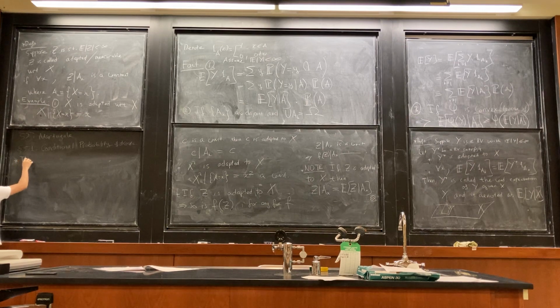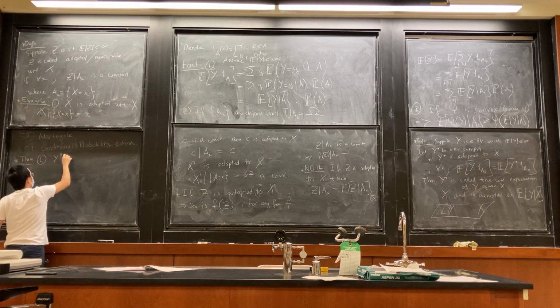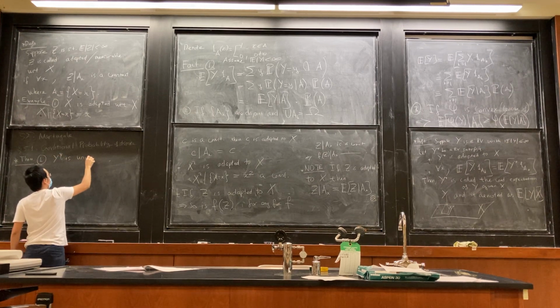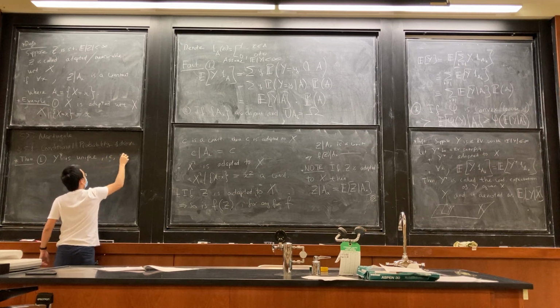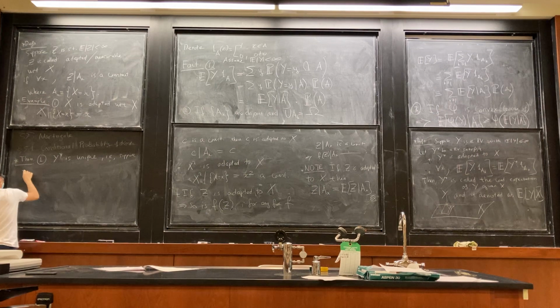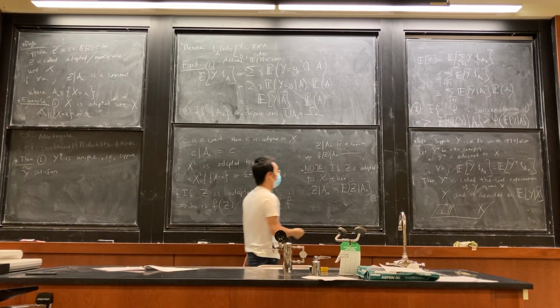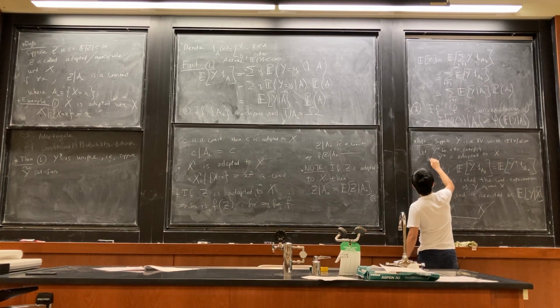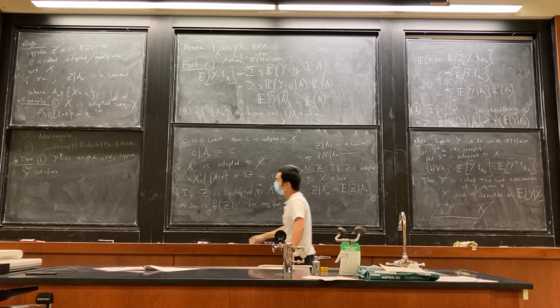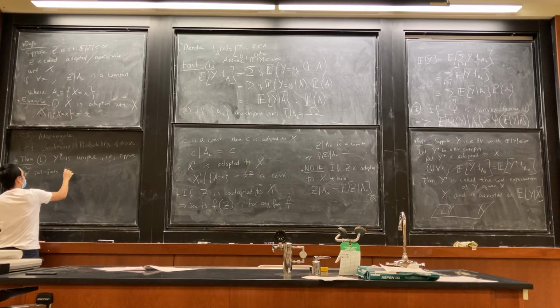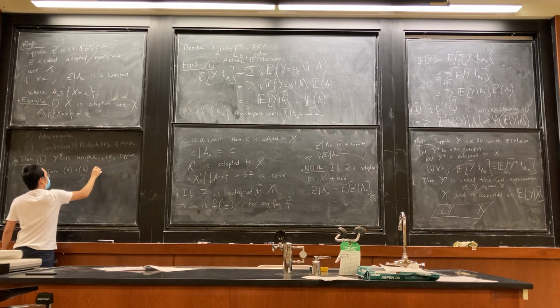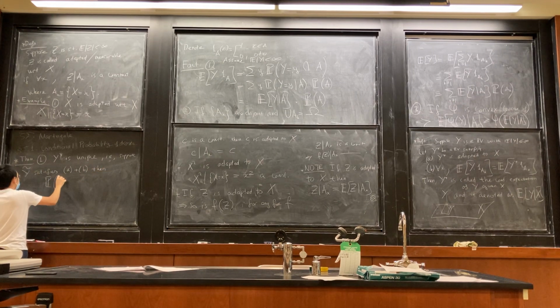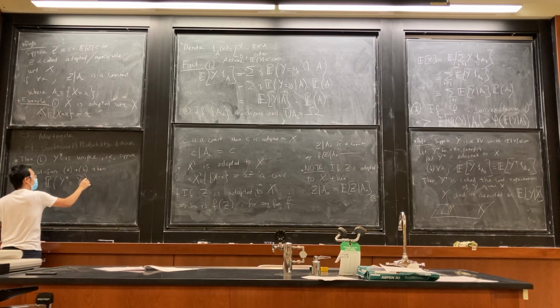So I have a theorem. y star is unique. In other words, suppose I have y field satisfying also, let me label them A and B. Okay. Suppose y star satisfies A and B, then the probability that y star is the same as y field is